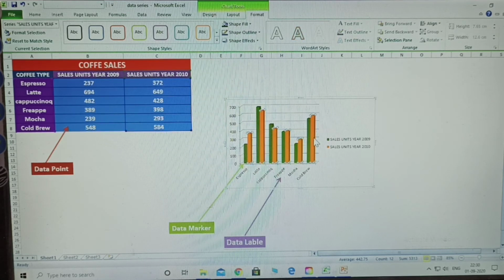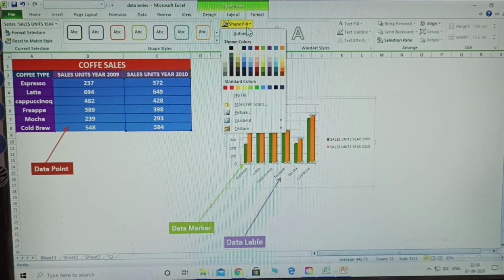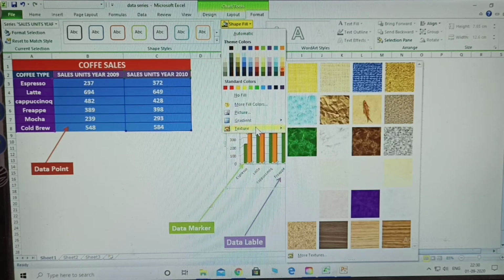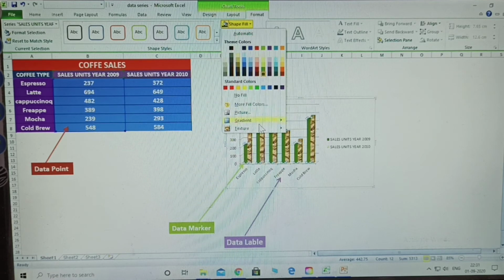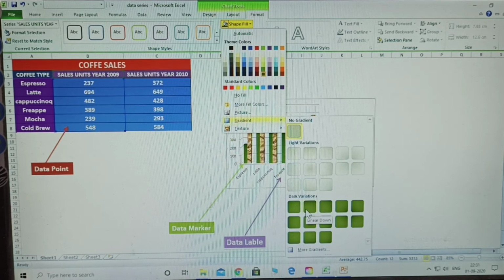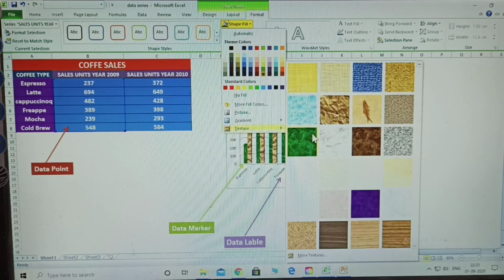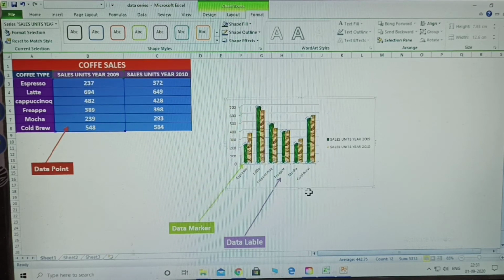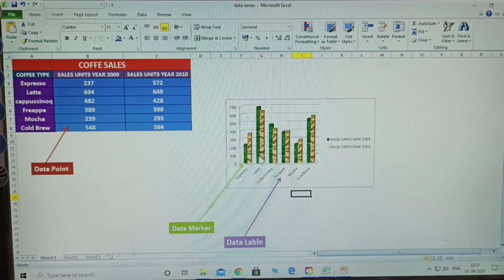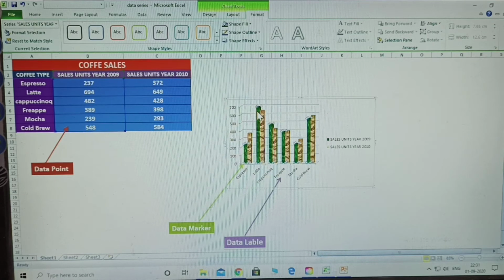You can also give textures, and gradient colors as well. In this way you can modify the colors, and identify the colors. Different colors are taken, and the highest one you can give a separate color.